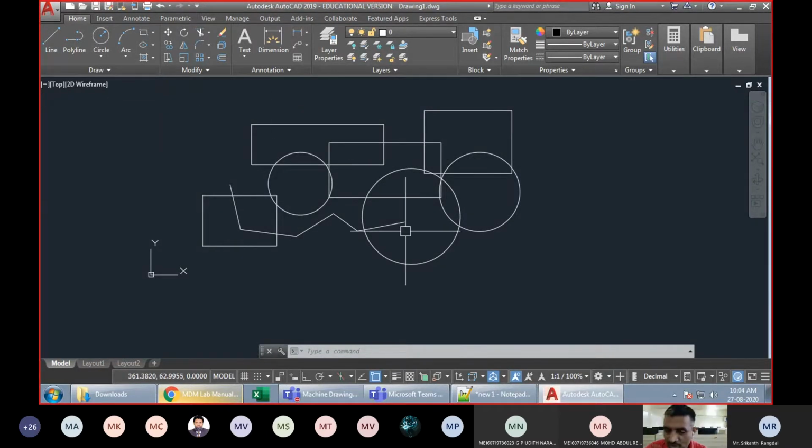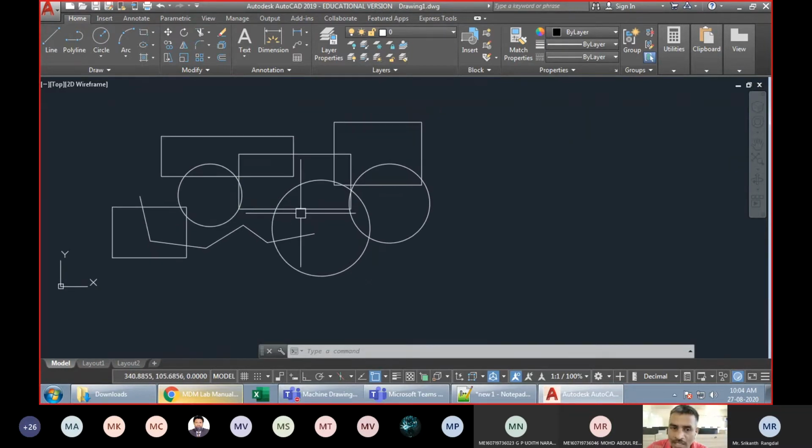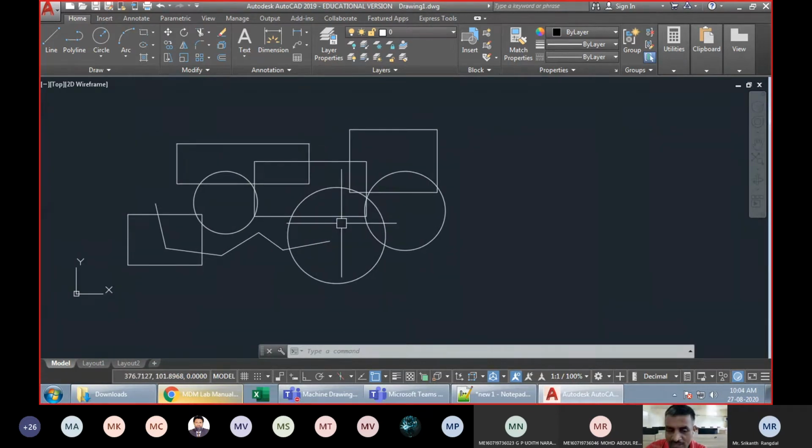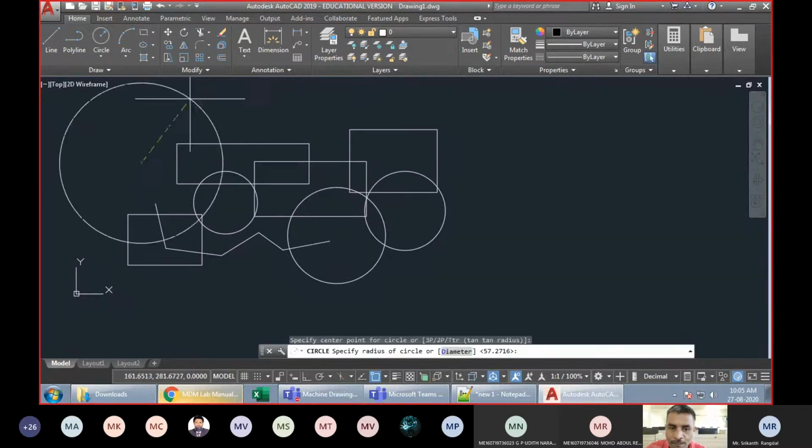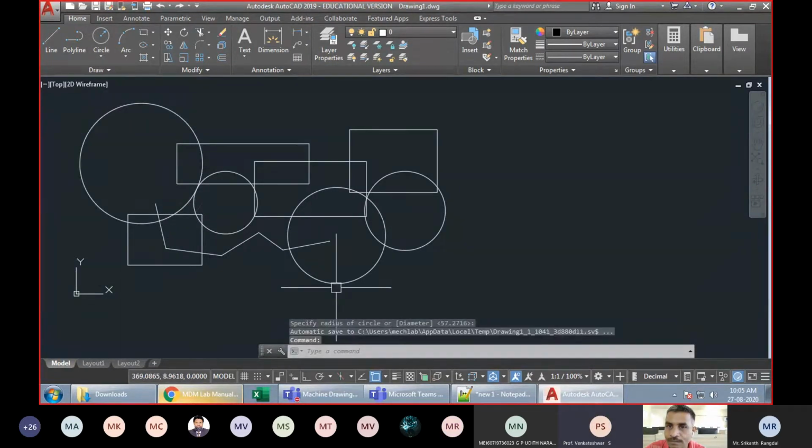And about using the command, I already told you that you can take the command from here, and you can give the command from the keyboard also. Some of the basic commands you must remember. And the fastest method of giving a command, if you want to repeat the same command again and again, is to go for the repeat previous command option. So repeating the previous command is very easy in AutoCAD. Suppose I have taken a circle, drawn it.